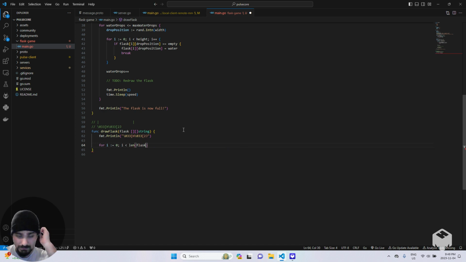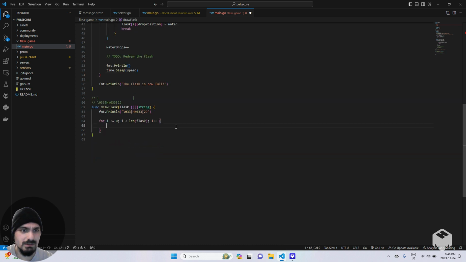The len of Flask means the amount of rows we have, so in our case the height. You can even say, I think, height. We don't have height. Yeah, so let's say for that we'll